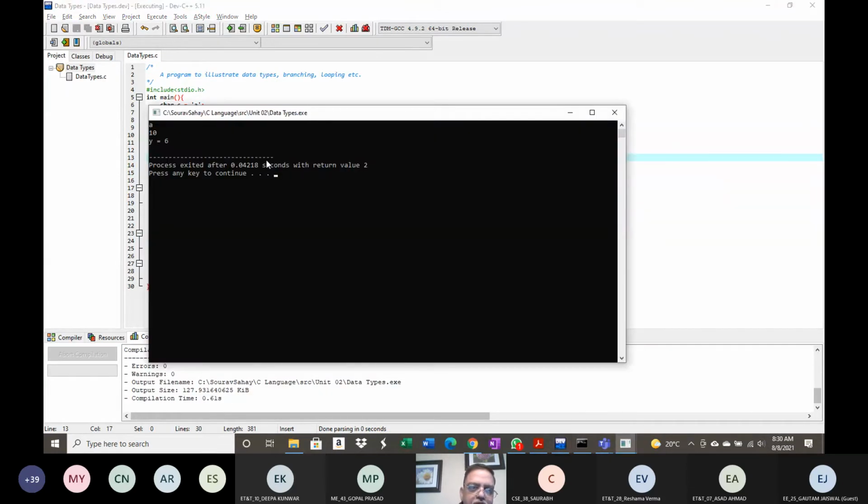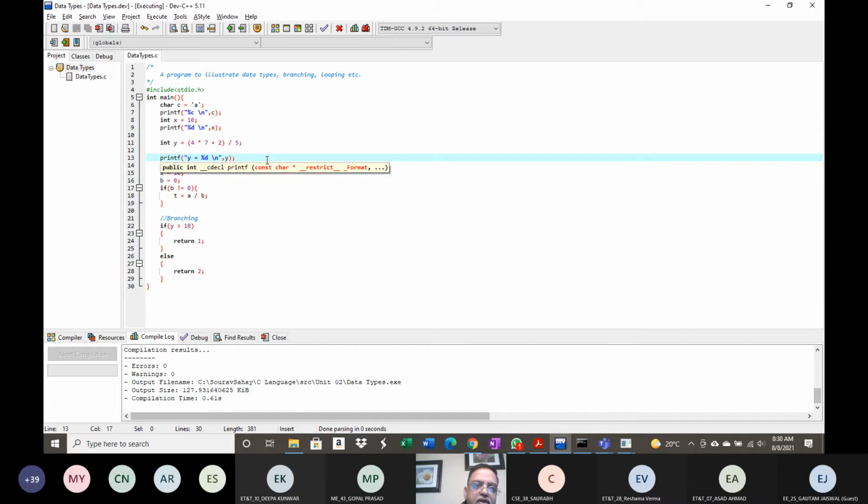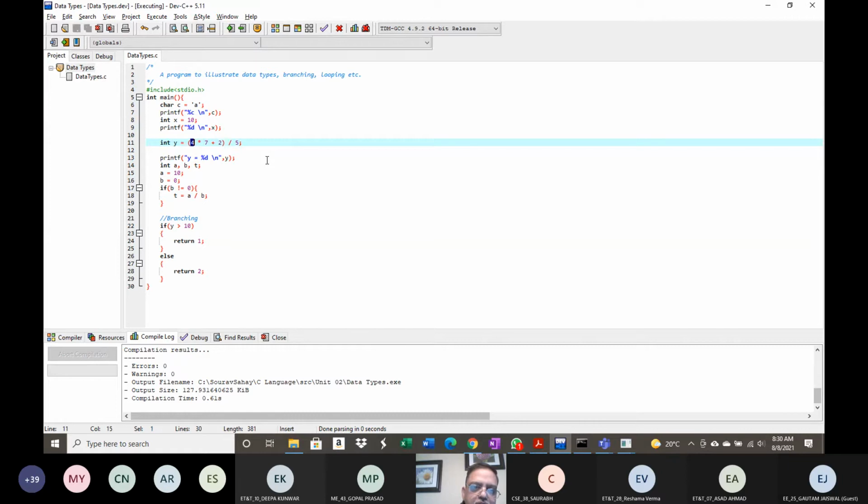So y is equal to 6. Why did we get this value? Because this is in parenthesis, it computes this portion first. And here it is 4, and again this will happen first. Why? Because multiplication works first.